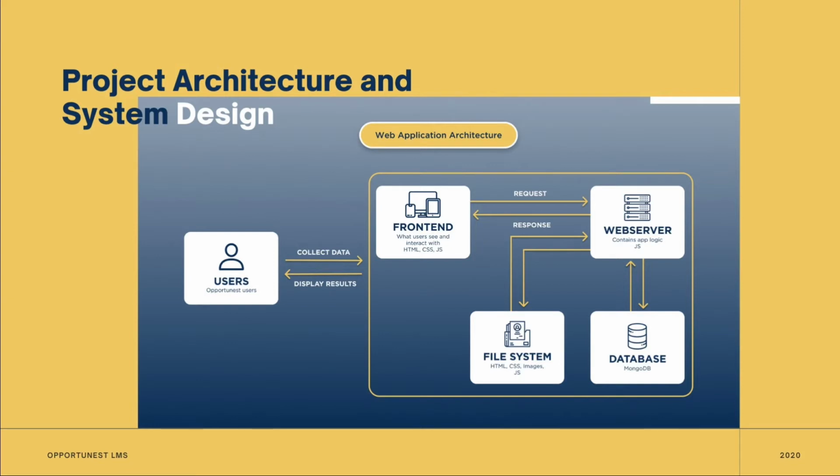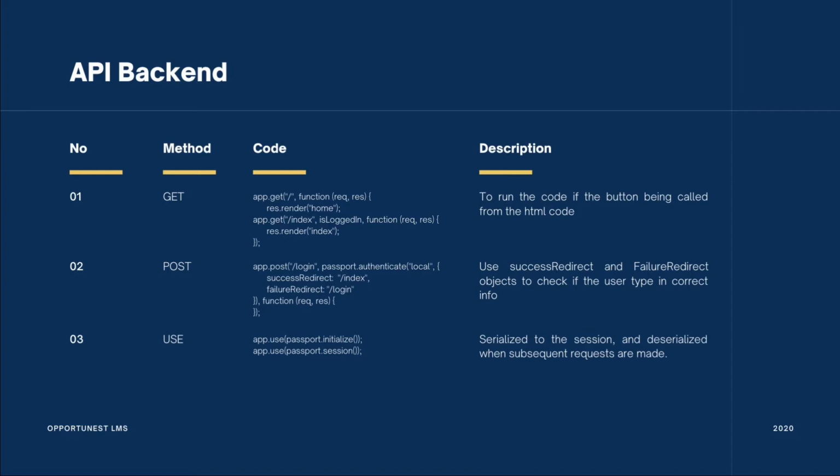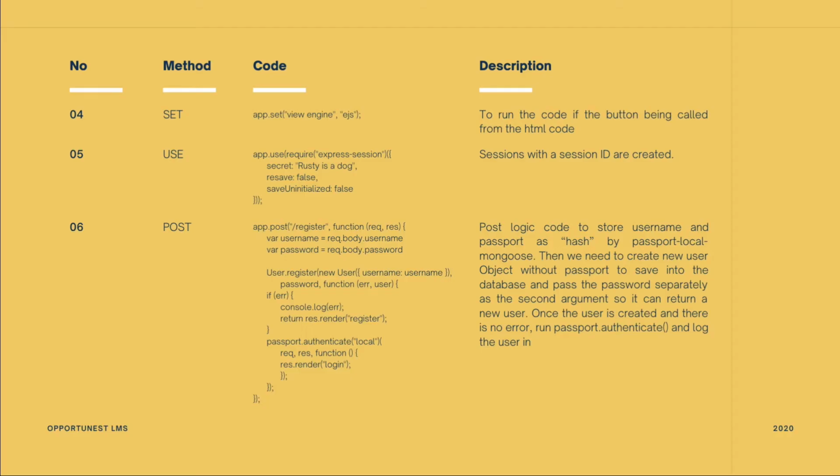Speaking about its system within the backend, we use several methods including get, which is to run the code if the button being called from the HTML code, post, to use success redirect and failure redirect objects to check if the user typed incorrect info, use to serialize to the session and deserialize when subsequent requests are made, set to set up page to set EJS file and use to create sessions and session ID, and last